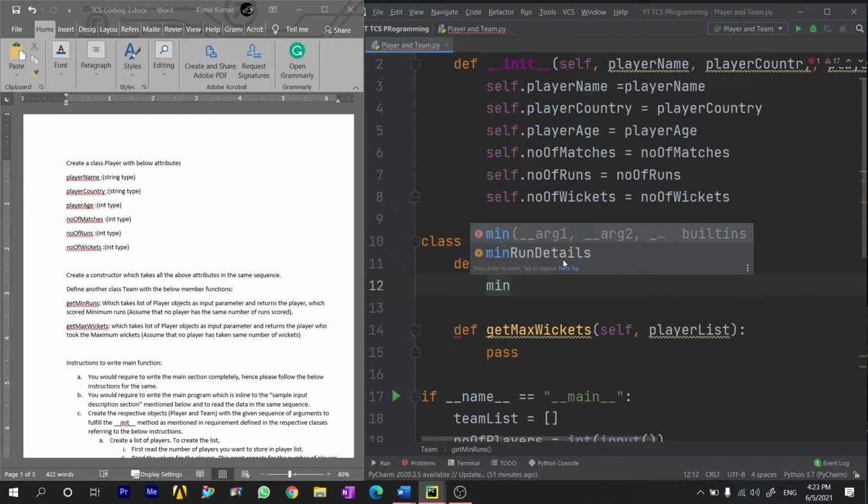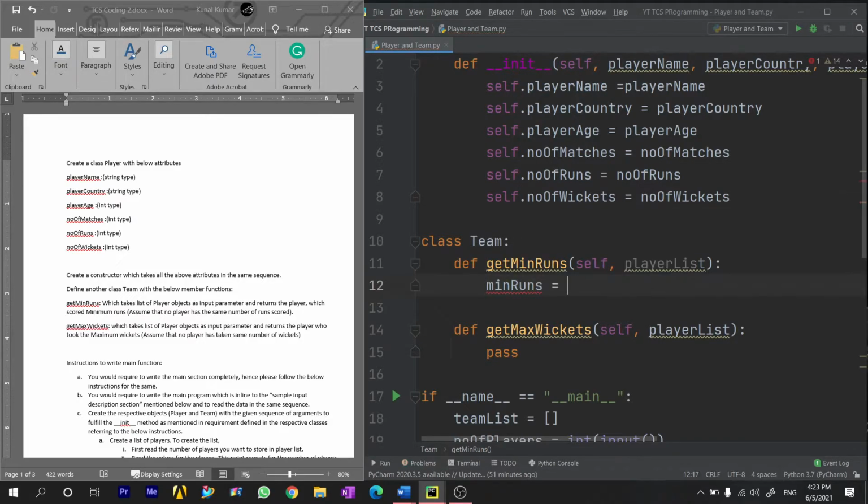So let's first initialize minimum runs as, let's keep it 10,000. And here keep in mind that you should not initialize this as none, because sometimes none creates an issue with the TCS compiler.